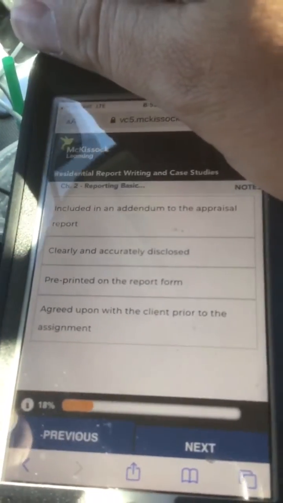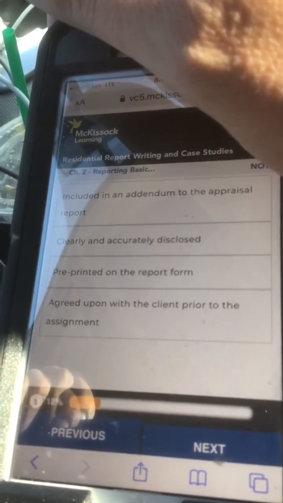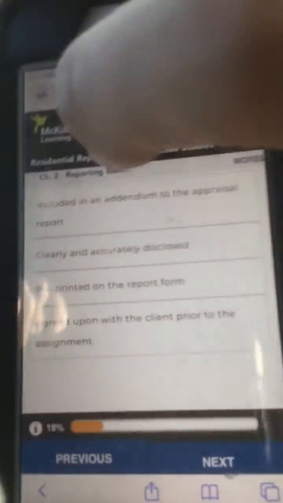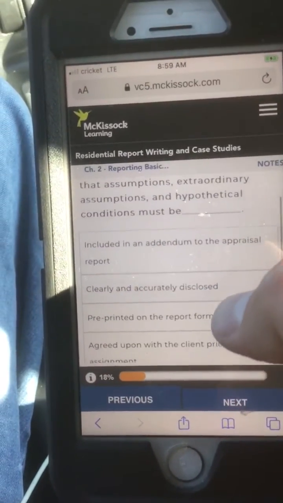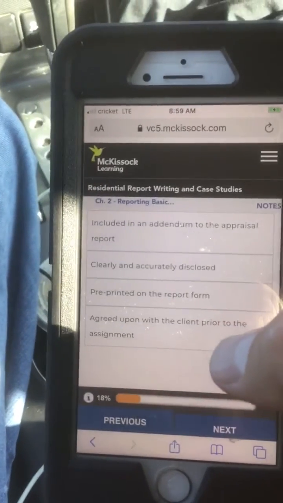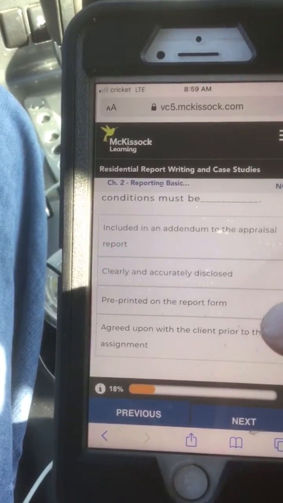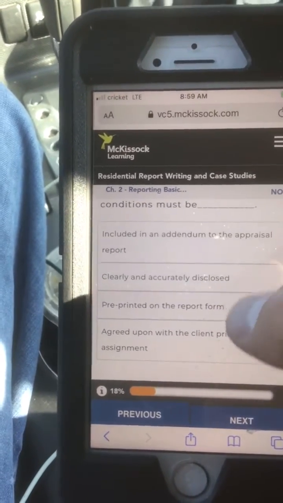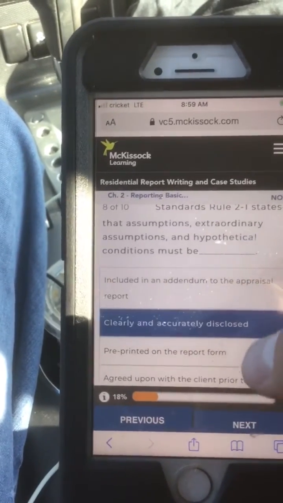C, pre-printed on the report form. Or D, agreed upon with the client prior to the assignment? I'm going to go with B, clearly and accurately disclosed.